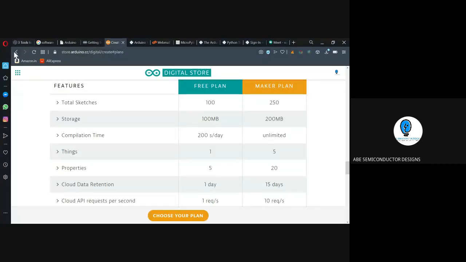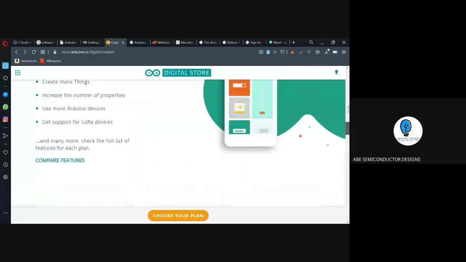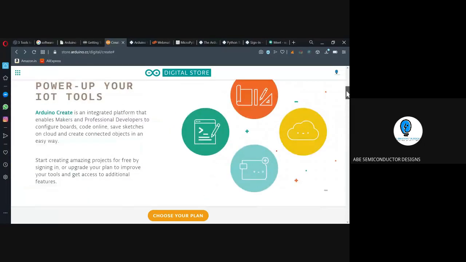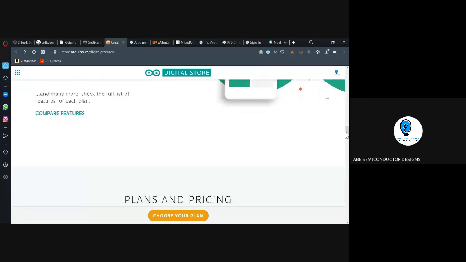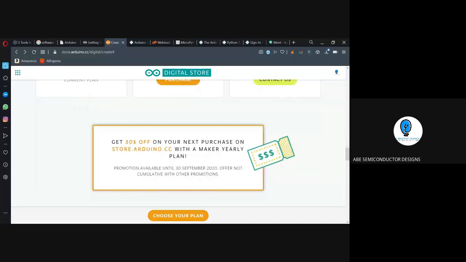Here we have the plans for this. You can click for the free plan and the micro plans. Here in the cloud-centric approach, this is the logic which we are utilizing. You can connect with the boards, which we can utilize for a lot of applications. So now what we are going to do is, don't worry, there is a cost for that.